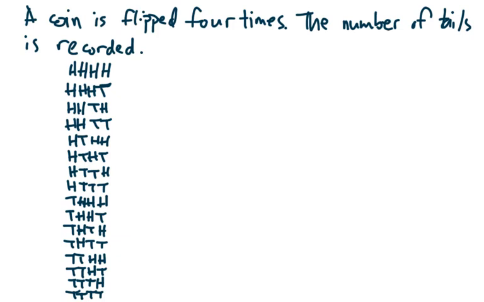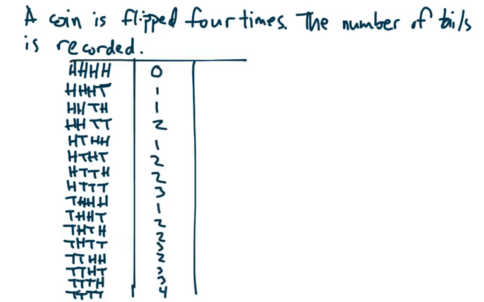How many tails does each of these have? So we go ahead and count the number of tails in each outcome. And then we're going to figure out how many of these have 2 tails out of how many altogether. How many outcomes are there altogether? 16. So how many times do we get 2? 1, 2, 3, 4, 5, 6. 6 out of 16.